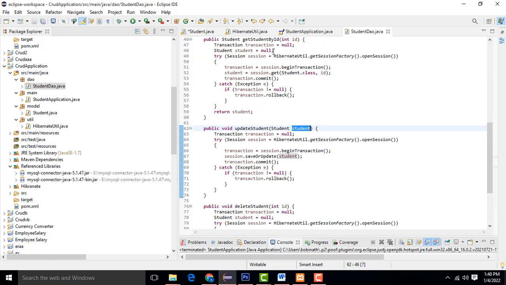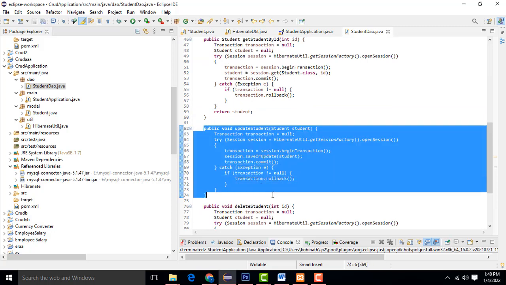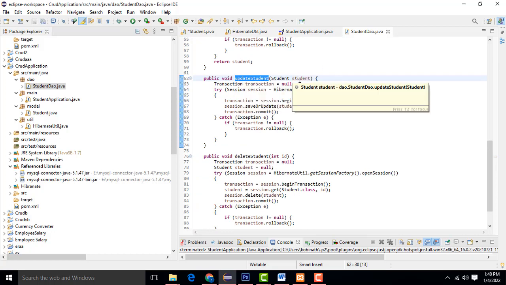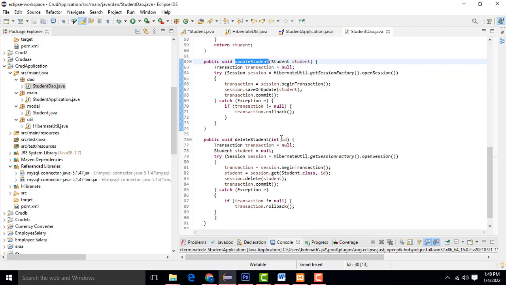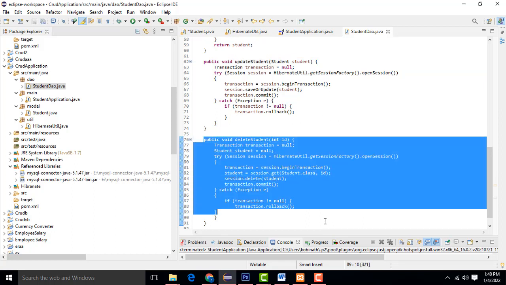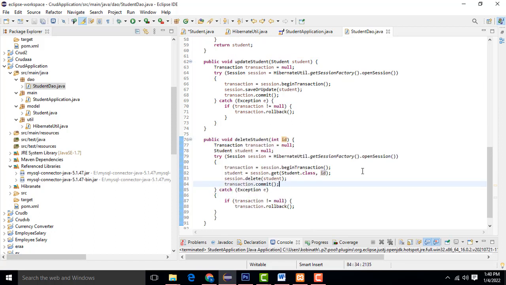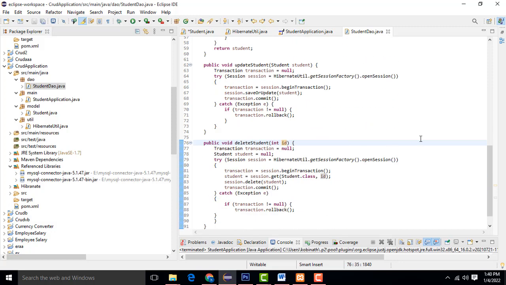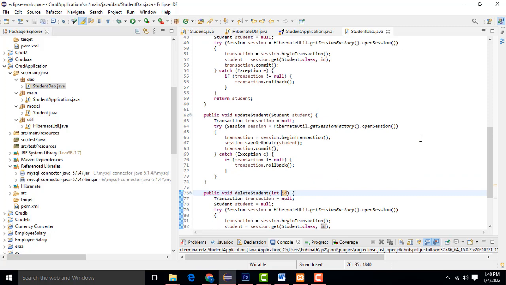After we find the record, we update it, the same as the add coding. So the update method works after finding the record: update the record. This one should be the delete. After finding the ID, we delete the record. What is the ID you are searching? You delete that record. This is the simple way we are using to do the CRUD part. Very simple. This is how to delete and update a record.